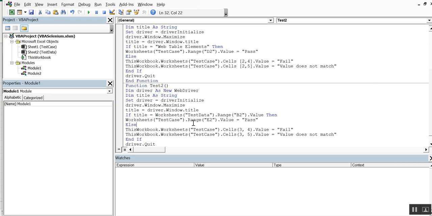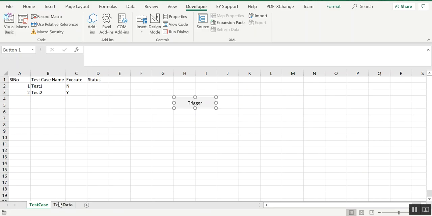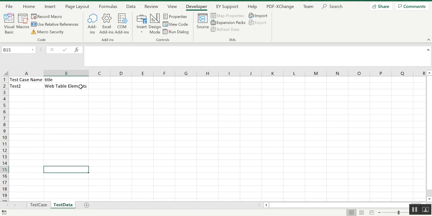This time I am passing the title. In the first test case, I am hard coding the title name. But in this test case, I am just taking it from the Excel itself because it's inside an Excel, so we can make use of that. I have one more sheet called test data, which will take this value. I am removing one S from that so that it will fail.